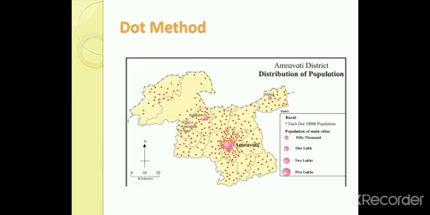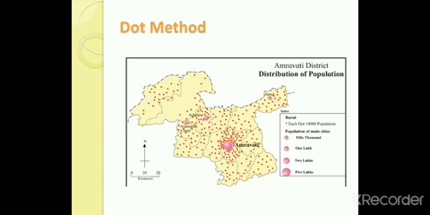Next, while showing population distribution, the rural population is shown by dots and circles are used to show the urban population. You can see that Amravati is an urban area, so it is shown with a circle here. Varud, Achalpur, Anjangaon, Surji, these are towns, urban areas. So circles are used, and for the remaining you can see one dot is equal to 10,000 population. Each dot means 10,000 population, and the same size of dots can be seen here. The rural population is shown by the dots.